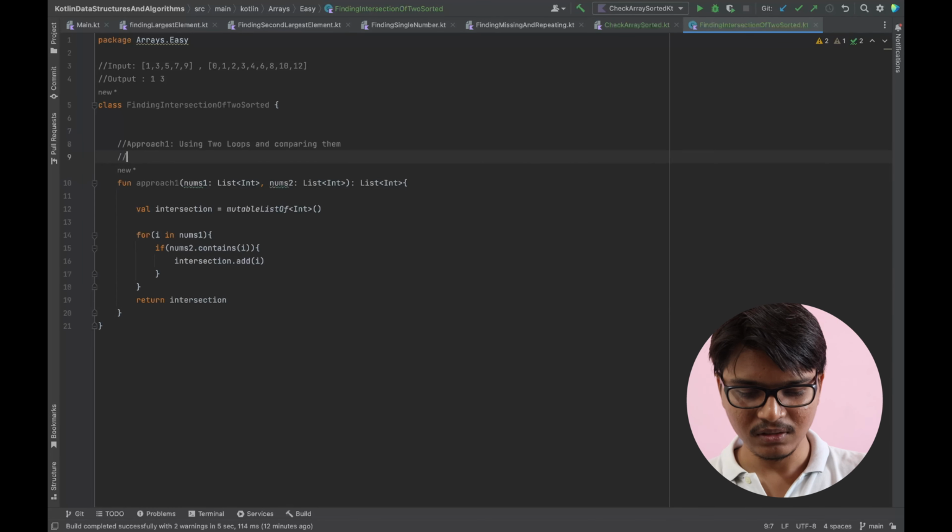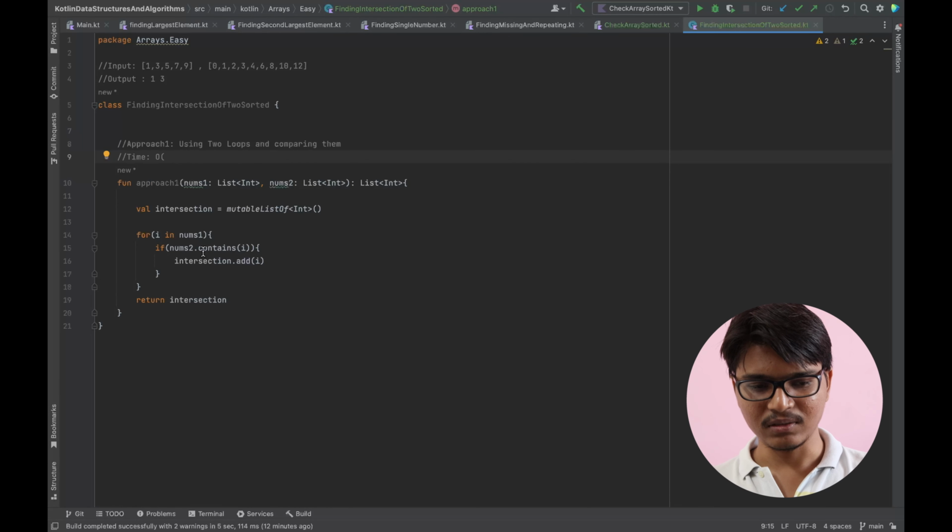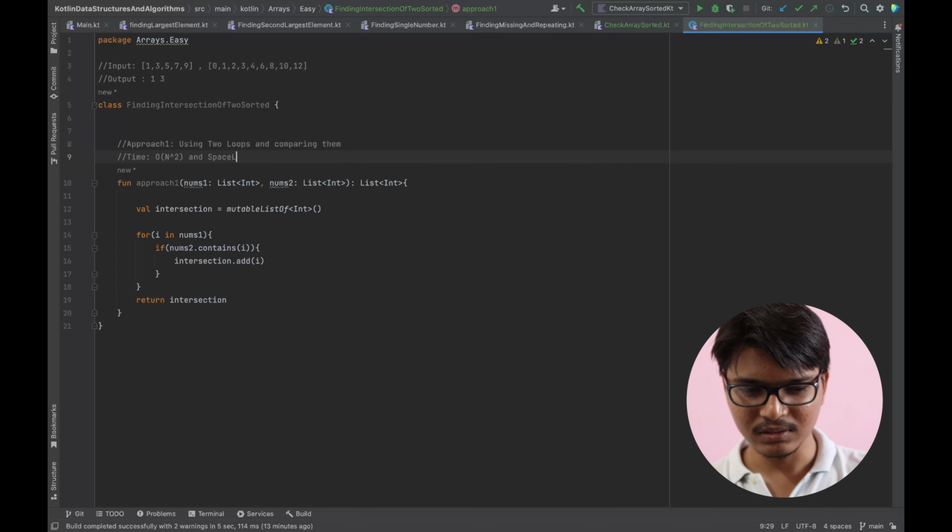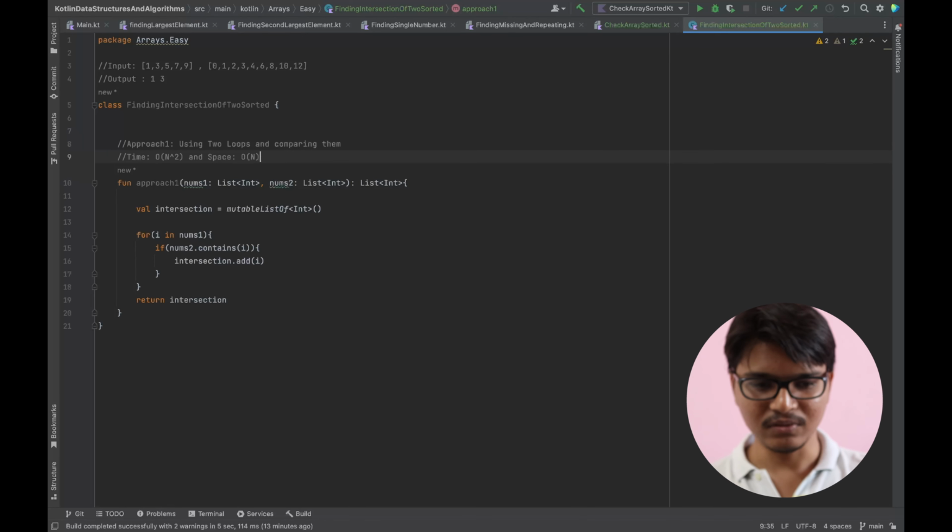So now coming down to the time and space complexity, since we are using two loops, and contains is again a loop iterating through the complete nums2 array, the outer loop is order of n, that is the size. Again the inner one, that contains, is again kind of order of n, so the time complexity would be order of n square, right? And now coming down to space complexity, since we are using an extra array to store the result, I would say it is order of n. This is the time and space complexity for this approach,